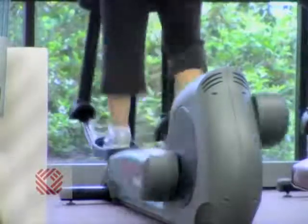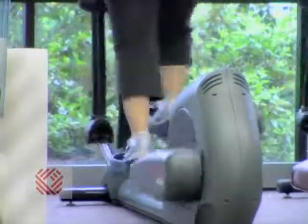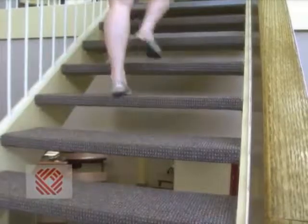Achilles tendonitis pain is usually worse when you begin your exercise program. It'll be worse in the morning when you first get out of bed. It can also be worse as you go up a set of stairs. The weekend warrior athlete or the older person who has been relatively sedentary who starts up a new program can be really prone to Achilles tendonitis. They can get overuse injuries that make it very difficult to return to what they want to do, even activities